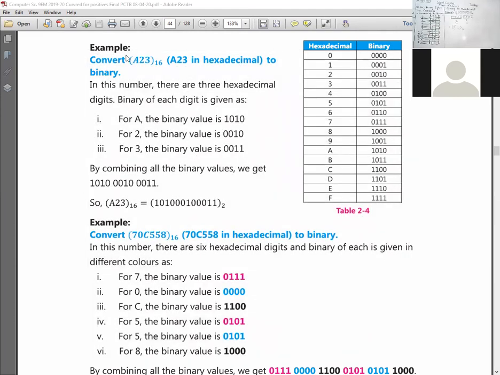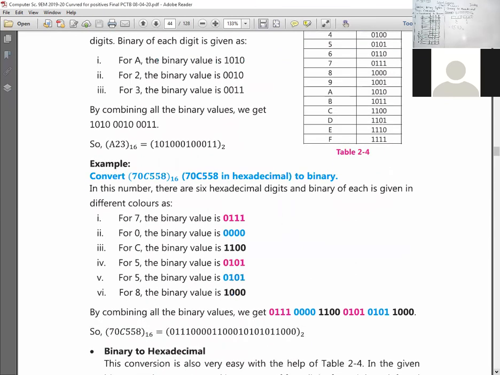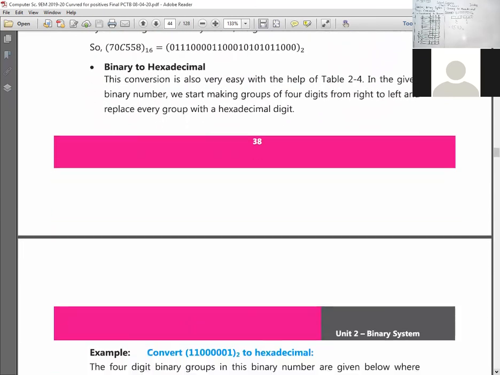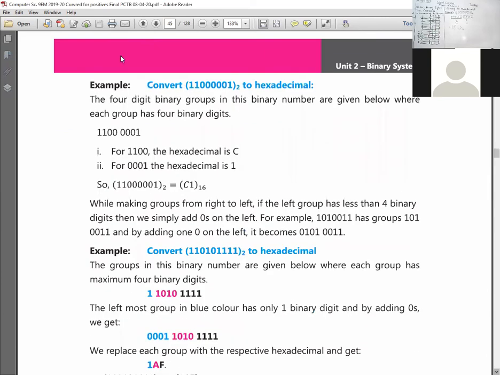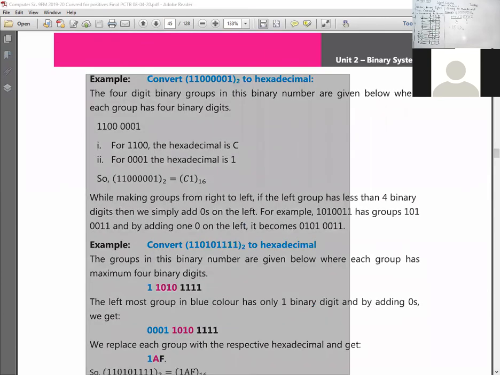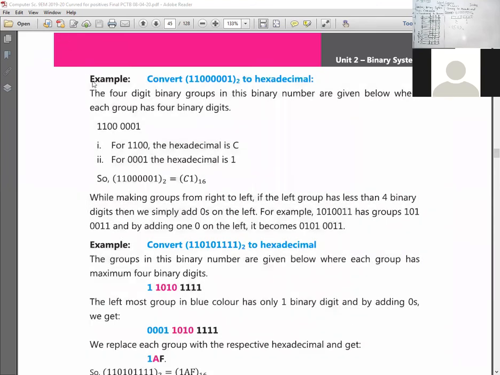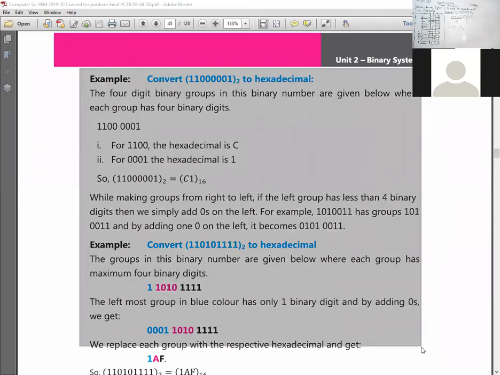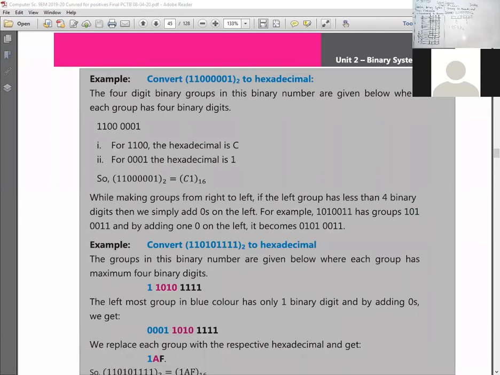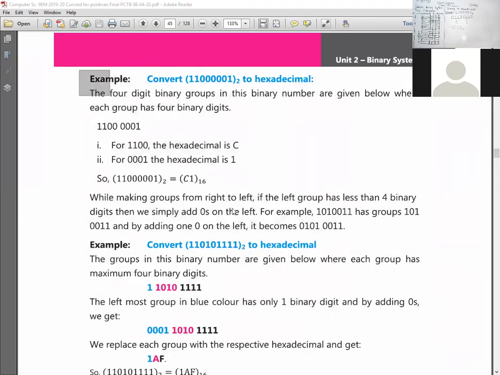The other 2 examples we have done are from binary to hexadecimal. These are the 2 examples which we have done today. Okay. Now you have to practice these examples on your rough notebook. Okay.